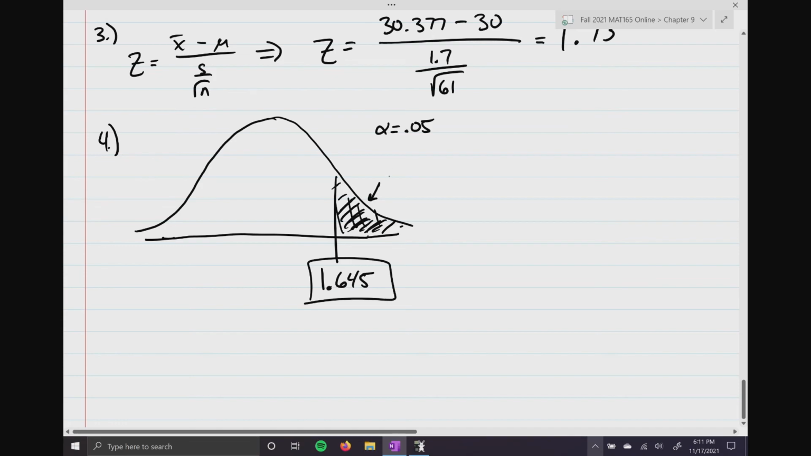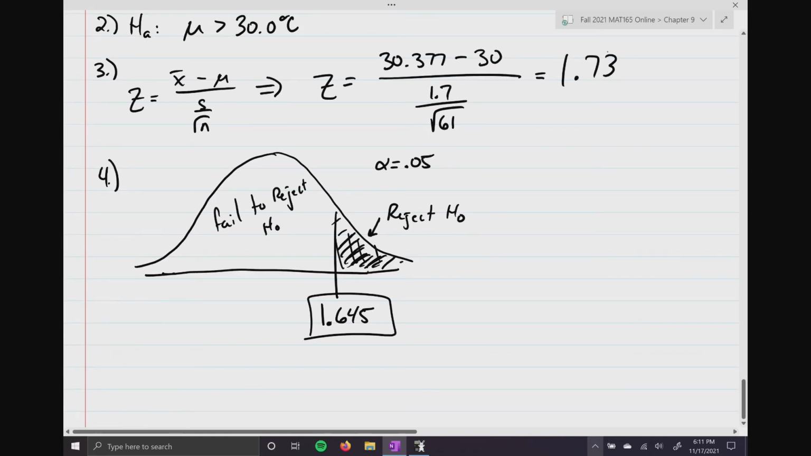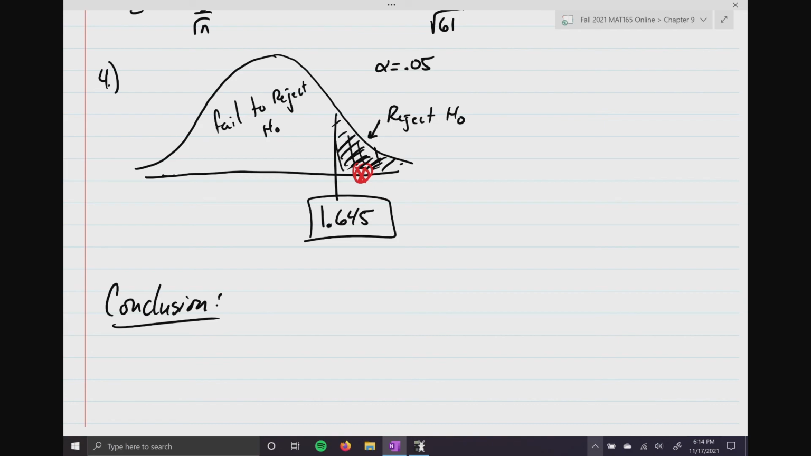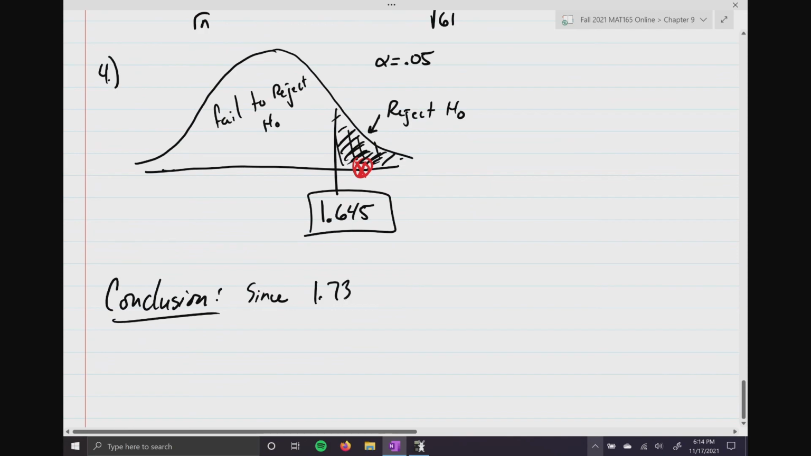Now, this is our reject the null. This is our fail to reject the null. Now, if you look at the test statistic that we calculated, 1.73, that is definitely going to be inside of our rejection region. So we write a nice little sentence. Okay, so here comes our conclusion. We conclude that since 1.73 is in our rejection region,